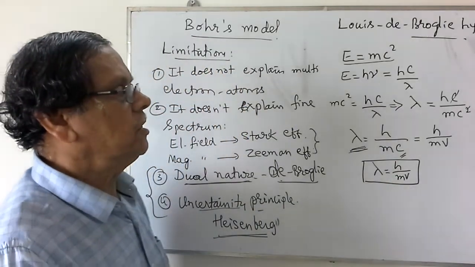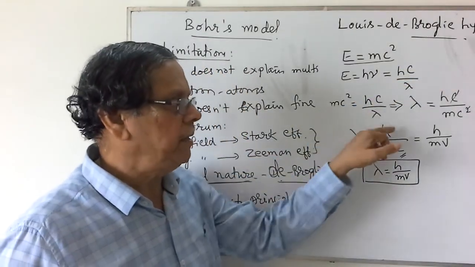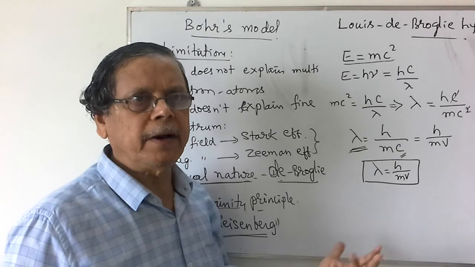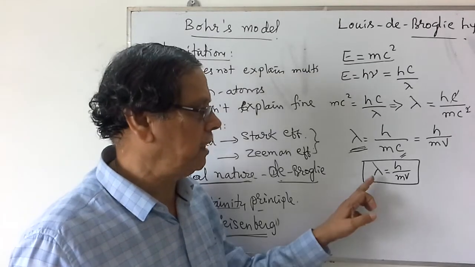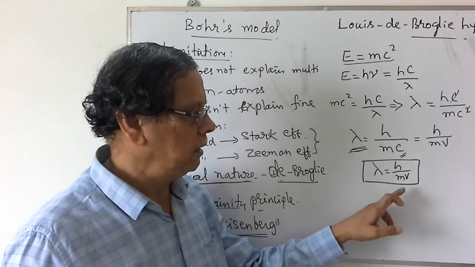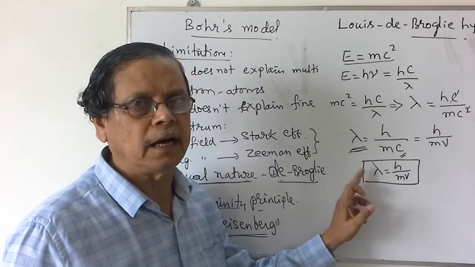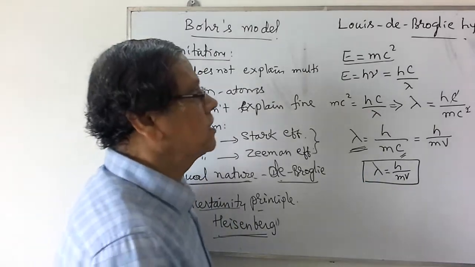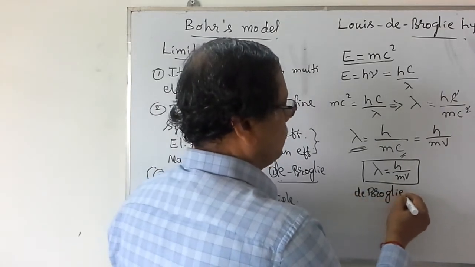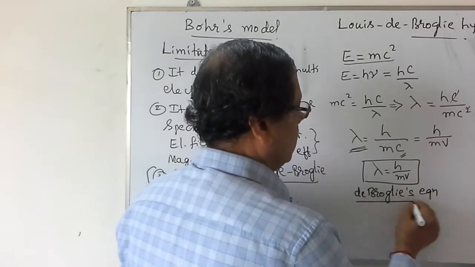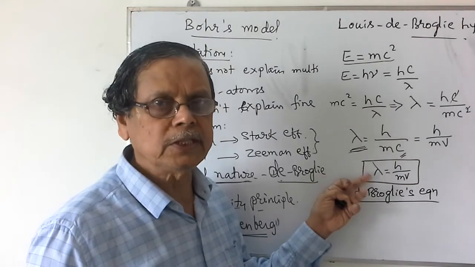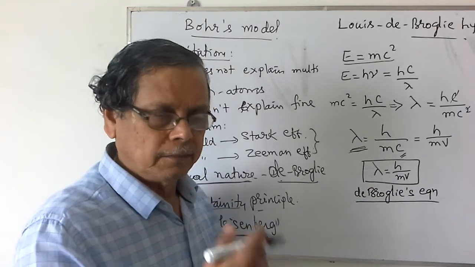That means according to this de-Broglie, electron not only behaves as a particle, it also behaves as a wave. So for any particle, any material having a wave character, we can calculate the lambda. For any particle, we have this mass. So both particle nature as well as the wave character are included in this equation. So this equation is called as de-Broglie's equation. For any particle whose mass is known, velocity is known, we can calculate the lambda, that is wavelength of that particular particle.